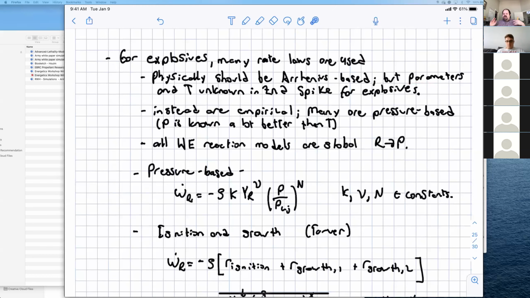So if you have no idea what the temperature is, you have no way of basically predicting what an activation energy is. Even molecular dynamics, which most people think of as a really super accurate way of computing things,